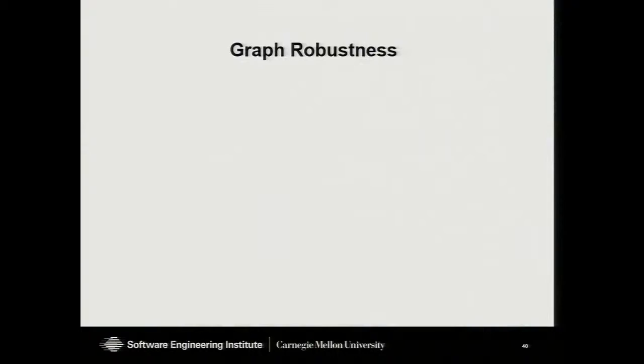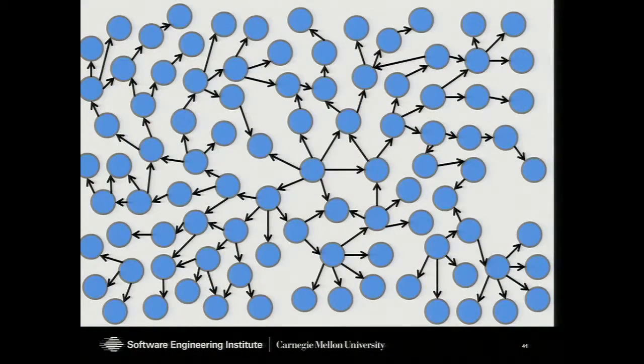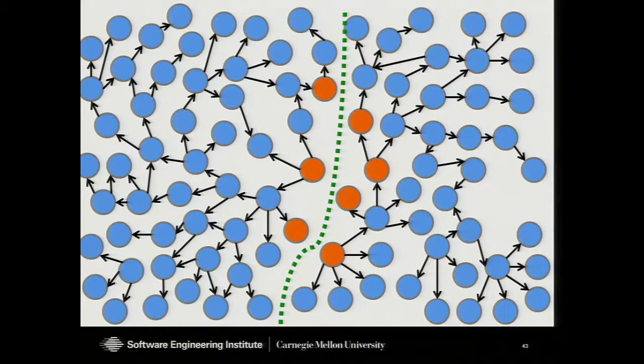Another aspect that we looked at is graph robustness. How hard would it be to disrupt the spread of malware over the internet via this methodology? So what we did was we took our malware graph and we mathematically split the graph in half into two equal parts using a program called METIS from the University of Minnesota. We identify what nodes would need to be affected and taken down in order to cut the graph in half and split the graph in half every day for every data collection that we